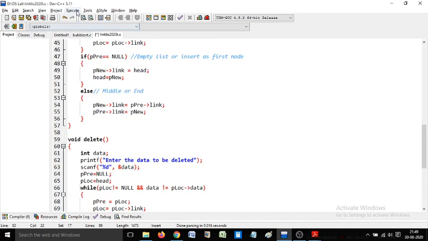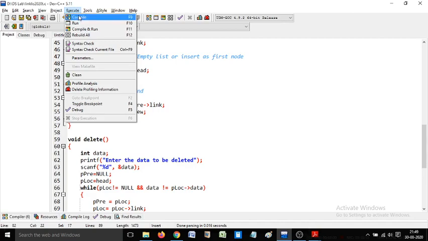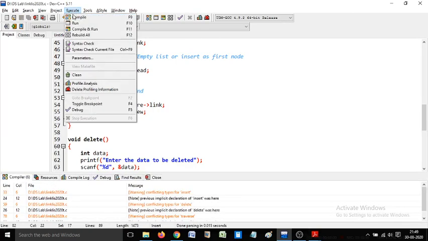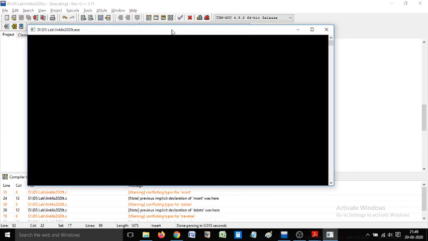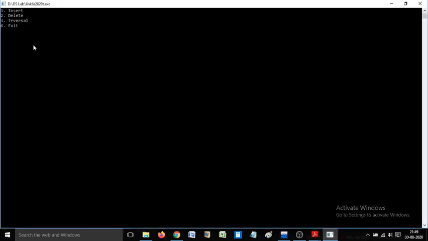Now let us try to test the program to check whether it works correctly. So the program is executed and it is showing the menu: insert, delete, traversal and exit. When you run a program and test it, you have to test it for all the possibilities.